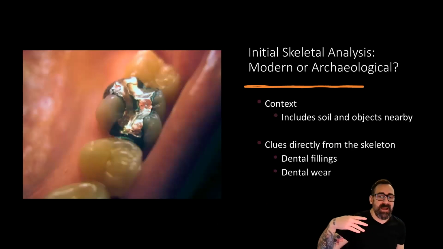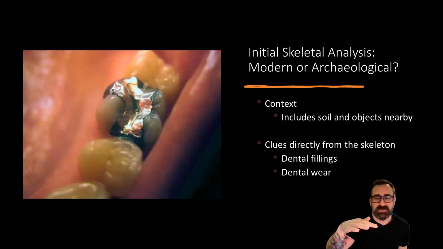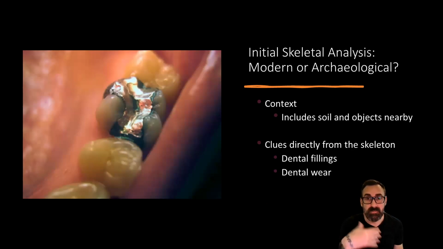To answer the question of whether it's modern or archaeological, obviously we can do soil analysis. When we looked back at the chapter on fossils, just think about all the factors that go into affecting bone decomposition. And we can do soil analysis. We can look at the objects nearby. But if you find